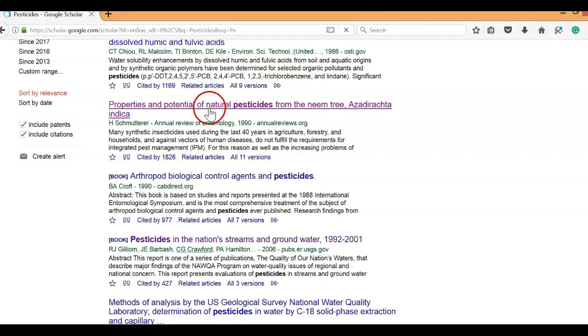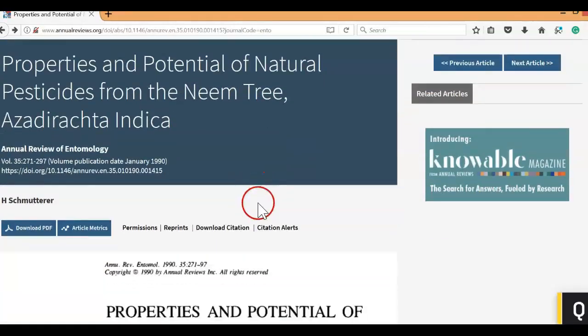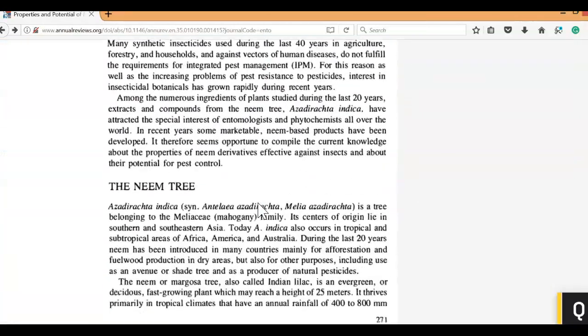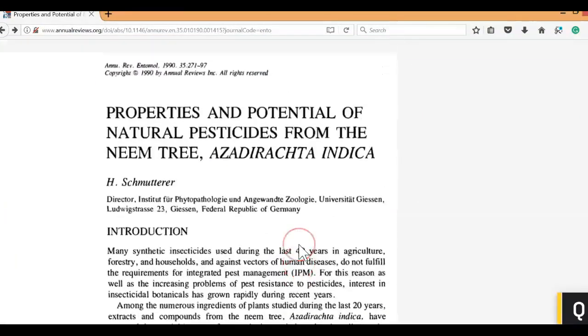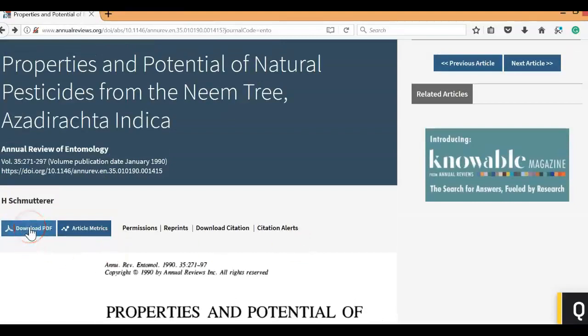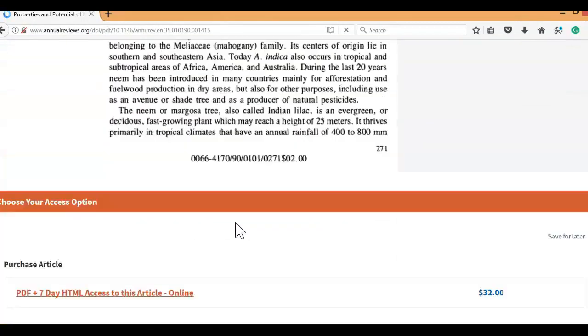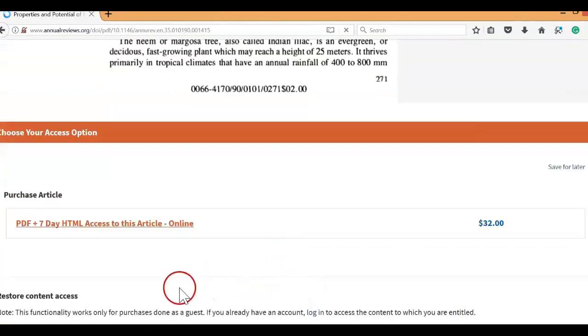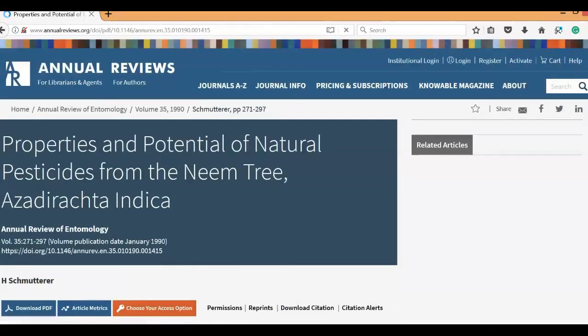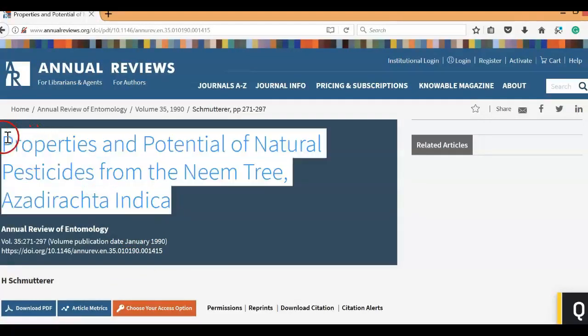Let me try opening this source. I can see the introduction and some more information, but here it says download PDF. Let's try doing that. Oh, here you go. It says PDF available for $32. But we don't need to do that. What you can do is get the title of the article